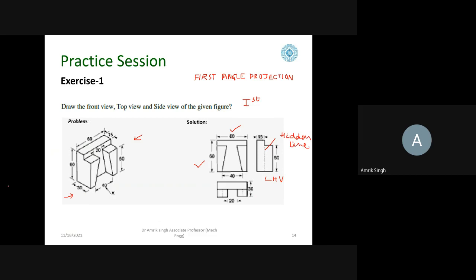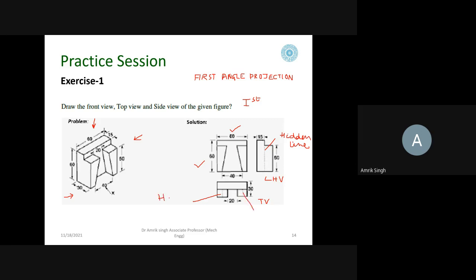Similarly, this is a top view, because it is in first angle projection. So when you see from the top, you will see this, this, and this. But you see here there is a gap, so it is not shown. And this rectangle corresponds to this rectangle. And you see here this edge, when you see from the top, it will not be visible. So that's why it is a hidden line. So this you have to remember and you have to draw.